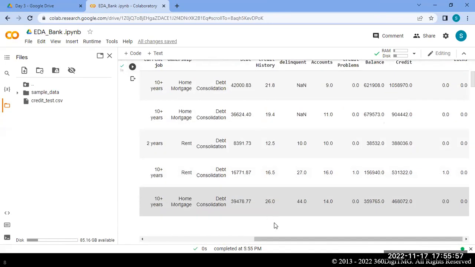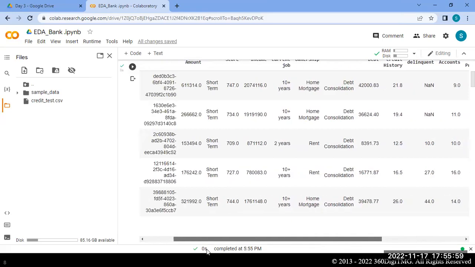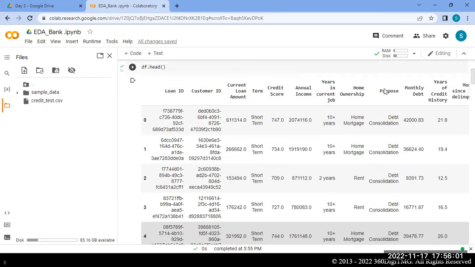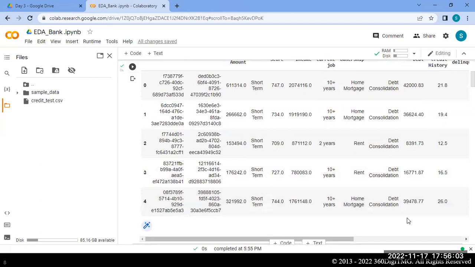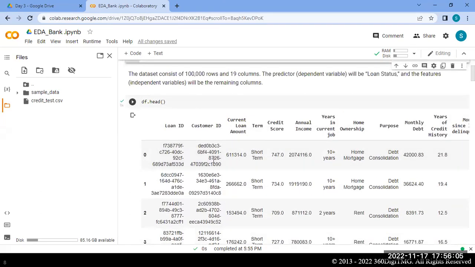First we'll understand what kind of data this is, what exactly the data is about. First, we have loan ID. Various people apply for the loan, right? Bank data. When you are applying, you have to give so much information. Do you have a job or not? If you have a job, what kind of job?